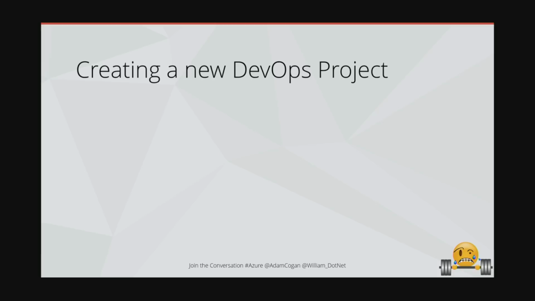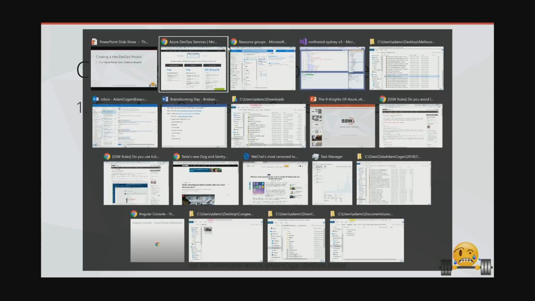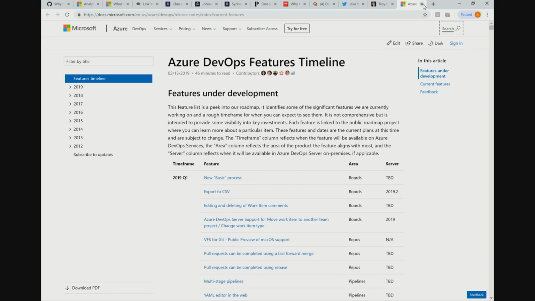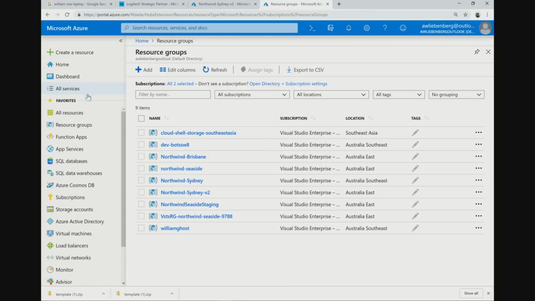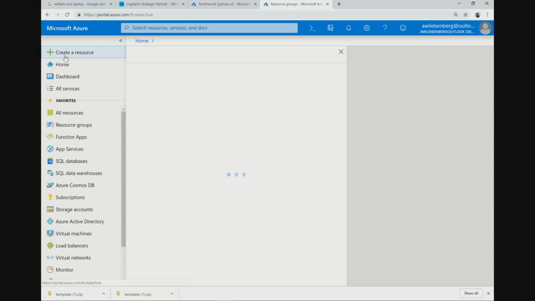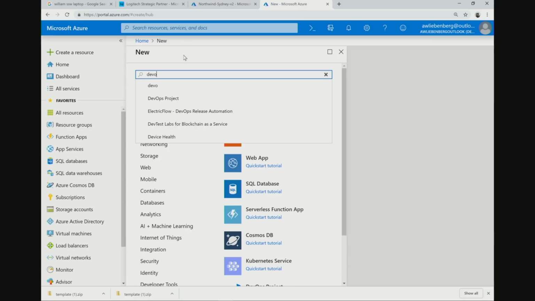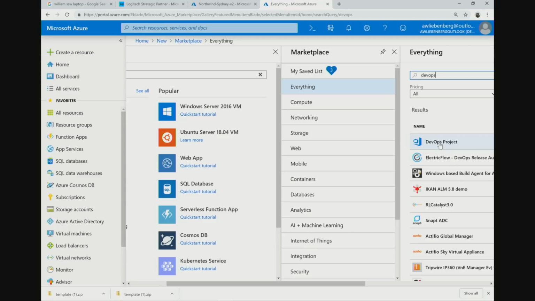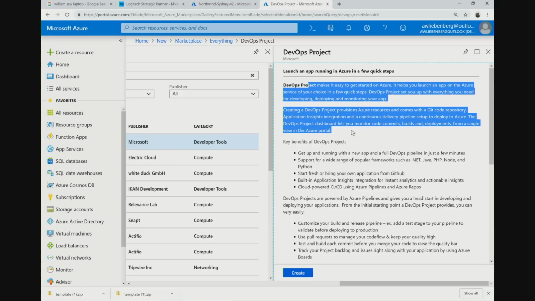Yes, so now let's create a new Azure DevOps project. And for this, we need to go back to the Azure Portal. Yep, so if you just Alt-tab to your browser and go back to the previous tabs. I think you have it in a different window. Okay. That one, all right. So just like every other resource in Azure, to create one, you can go to the top left and click Create a Resource. And we just want to search for DevOps. And there we go. So we can now just find DevOps project in that list. Click. There we go. You can read the description of it, but we will show you what we can do